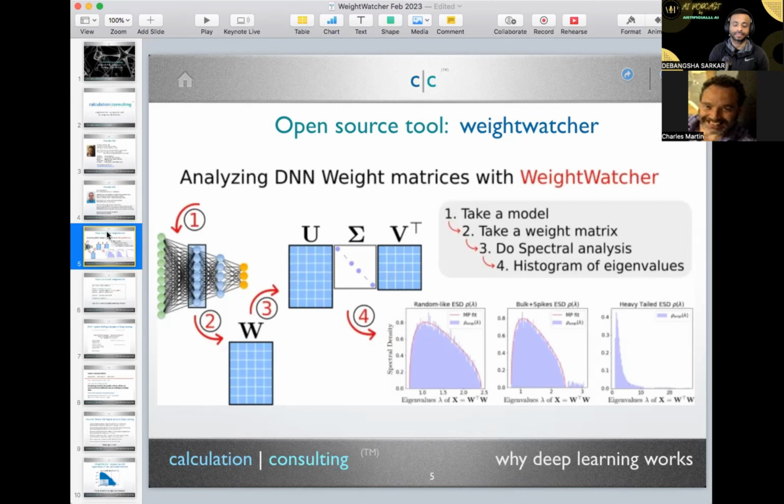I'm going to go through some of the highlights of where we are now. The idea is that you're going to take a pre-trained model, like Albert or BERT or VGG, ResNet. You're going to look at each individual weight matrix. You're going to do spectral analysis. So you compute the eigenvalues, and then you plot them as a histogram. Not so complicated, right? When you do that, it turns out there's a huge amount of information in the scale and shape of the eigenvalue histogram, which tells you a lot about your convergence.